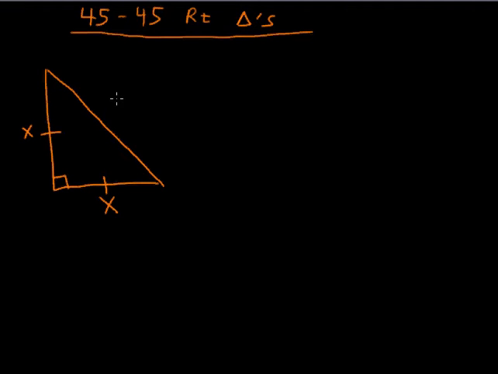So this would be the square root of x squared plus x squared. Now for some of you, you may not be able to jump right to using the radical like I do here, but just back up, use the Pythagorean theorem using a squared plus b squared equals c squared. You're solving for c squared, and you'd see that this is equal to the sum of the squares of the two legs. Okay, so this simplifies to be the square root of 2x squared, because x squared plus x squared would be 2x squared,